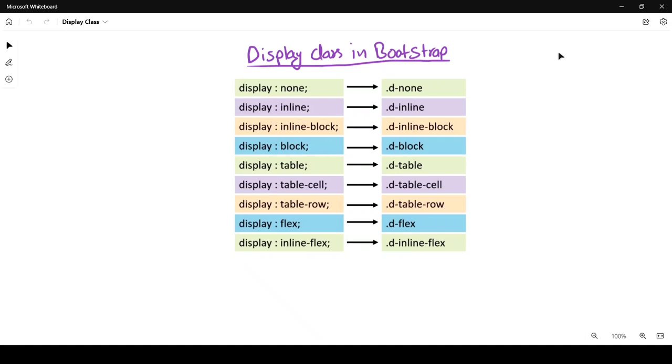Hello friend, now we are going to discuss the display class in Bootstrap. First we have display none, second we have inline, then inline block, table, table cell, table row, flex and inline flex. Okay, now if you want to provide display none and hide some div, then we